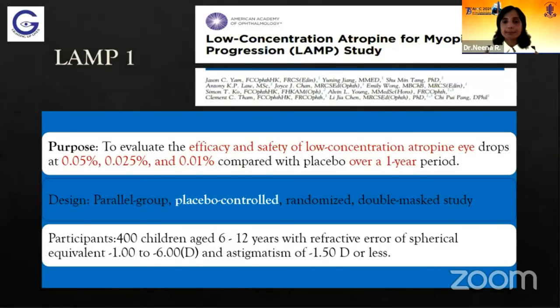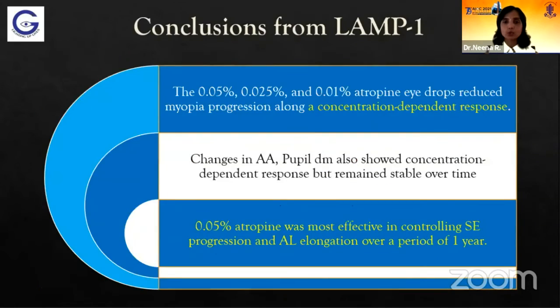So phase 1 results were published in 2019. They looked at the efficacy of 0.05, 0.025, and 0.01 compared with placebo over 1 year. And the profile of children was similar to ATOM2, and they found that there was a concentration-dependent response to the 0.05, 0.025, and 0.01% atropine in myopia control. And they found that 0.05% atropine was the most effective in controlling progression and axial length elongation over a period